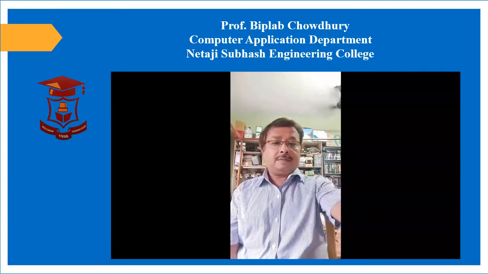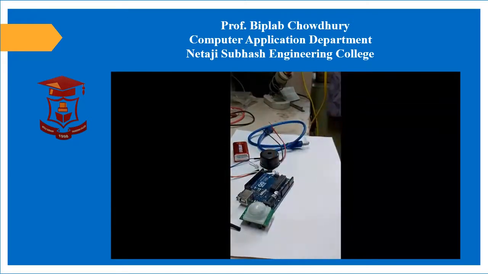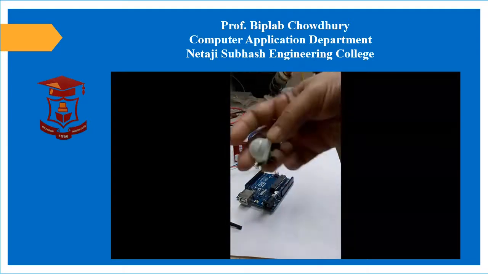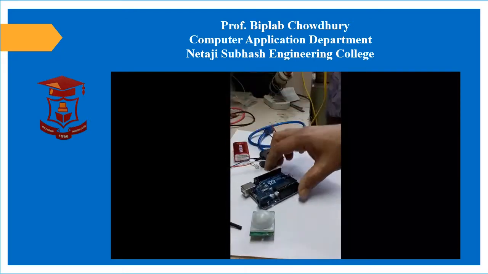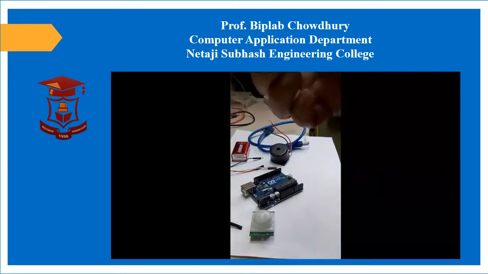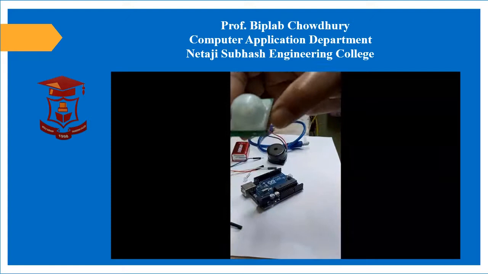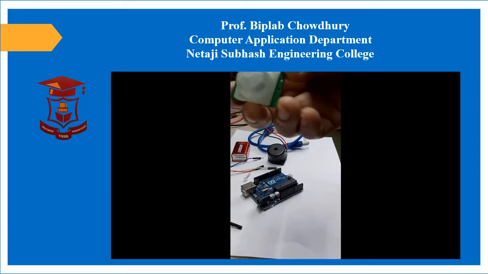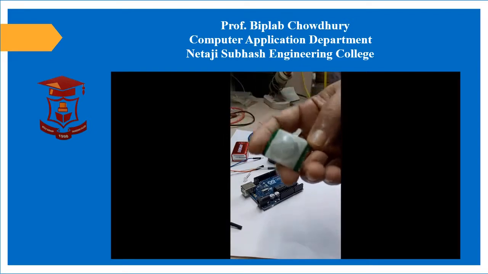Okay, students, today we will develop an IoT project using a PIR pyroelectric sensor. This is the PIR device with Arduino board. This is the Arduino Uno board, and this is the PIR, the buzzer, and an LED. The LED is an output device, and the buzzer is an output device, and this is the main component, the sensor. IoT is basically a microcontroller board with a set of sensors and actuators.